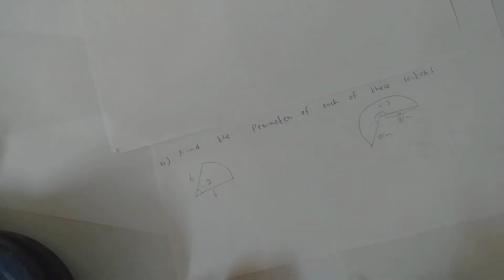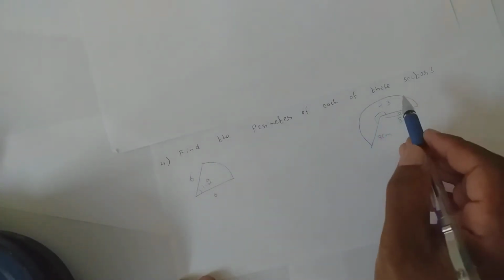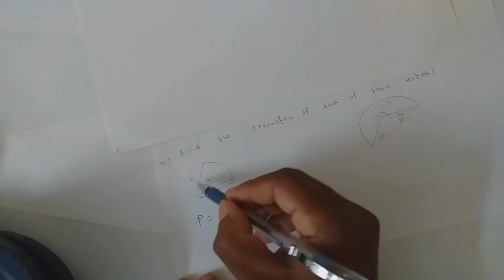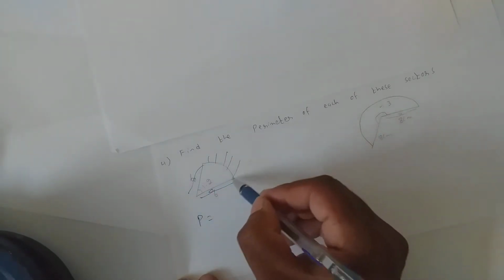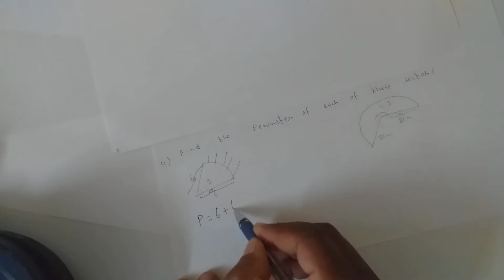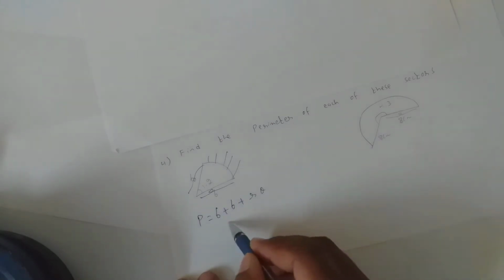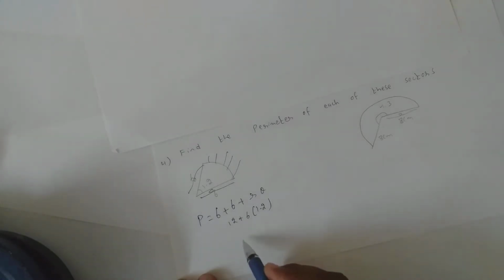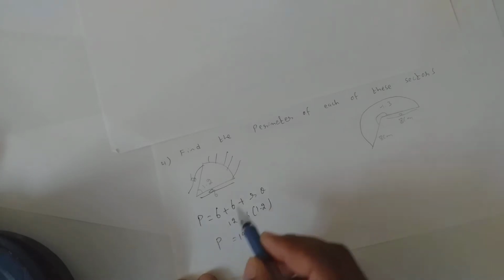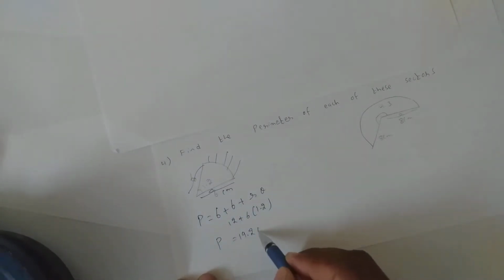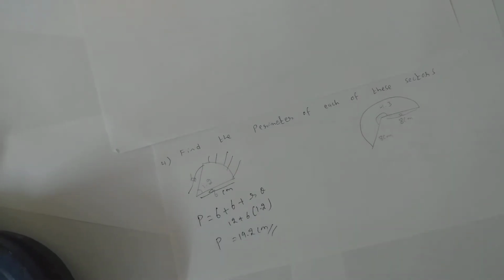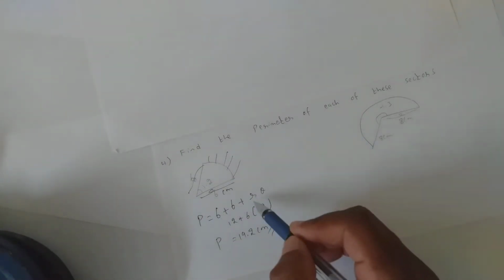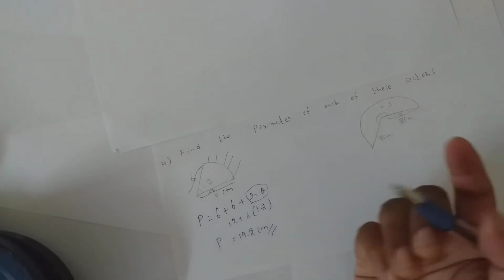Now look at the next sum. Find the perimeter of each of these sectors. Perimeter means add all the boundaries. This one, and also the arc length. So this is 6 plus 6 plus arc length, which will be r theta. So it is 12 plus 6 into theta, which is given to me as 1.2. If I put it in a calculator, I get 19.2 as my perimeter. If this is in centimeters, this also I get in centimeters. Am I clear? Whenever finding the perimeter, these two straight lines should also be considered. If you don't consider them and only put r theta, it would be considered wrong.